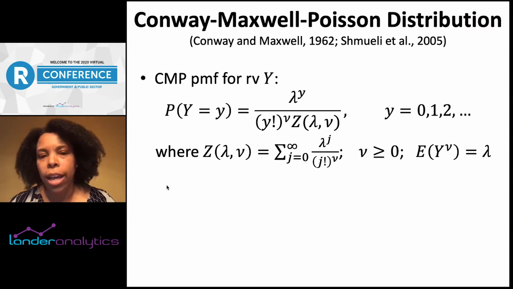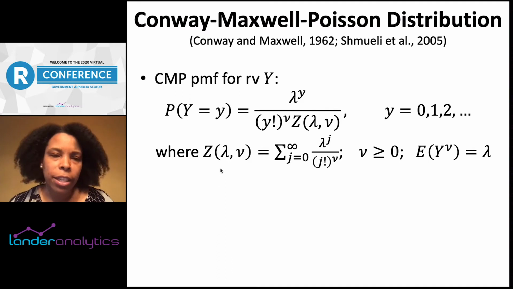To offer some background with regard to the CMP distribution, it's based on a 2-parameter count model that generalizes the Poisson as a special case. The lambda parameter here serves as a generalization of the Poisson rate parameter, while the nu parameter serves as a dispersion parameter. This z function serves as our normalizing constant. It's important to note that when nu equals 1, this simplifies to our Poisson model, where, as I said, the nu captures the dispersion in the data. So if nu is less than 1, then it captures over dispersion. For nu greater than 1, it captures under dispersion.